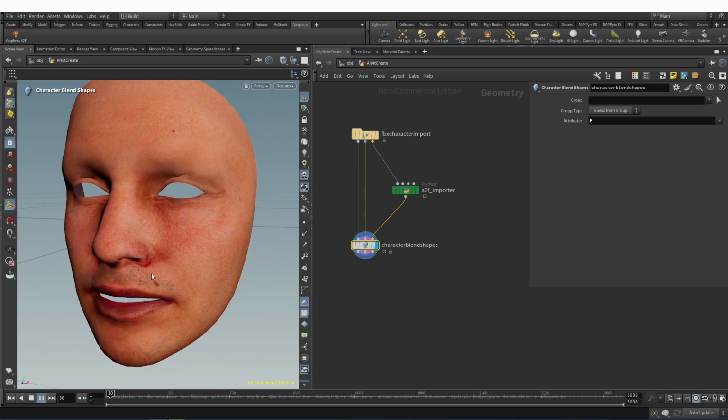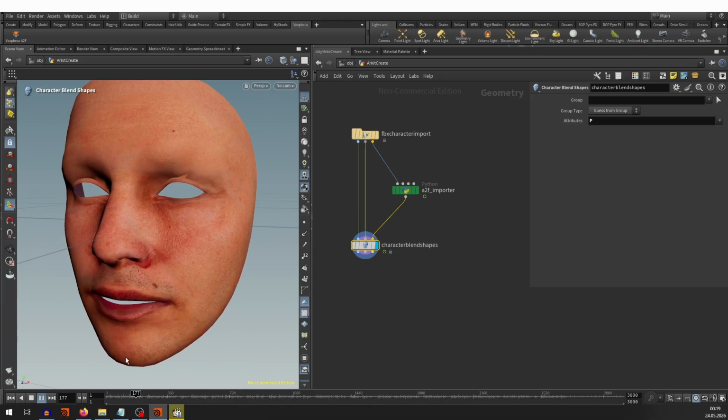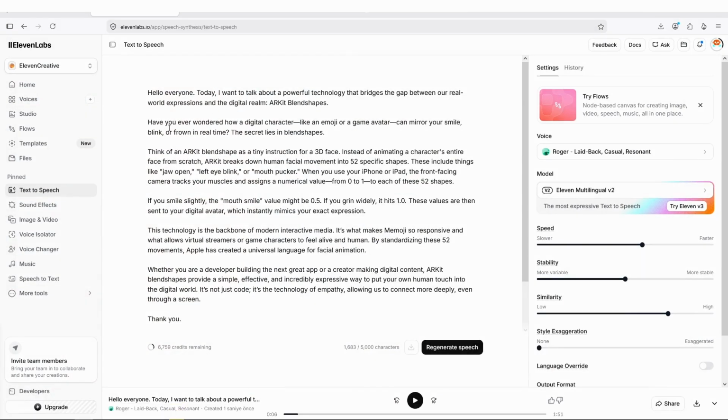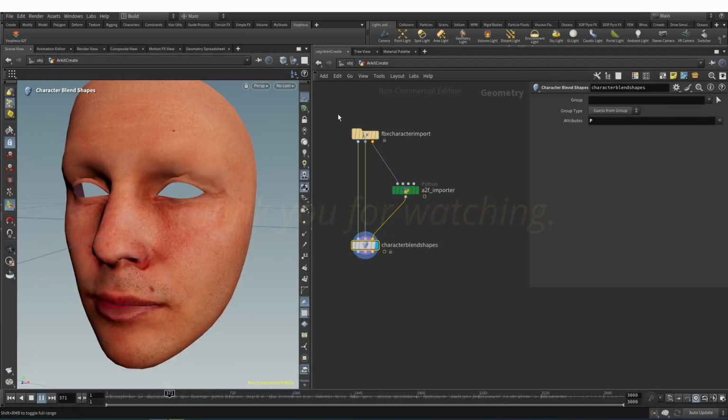Hello, everyone. Today, I wanted to talk about a powerful technology that bridges the gap between our real-world expressions and the digital realm. ARKit Blendshapes. Have you ever wondered how a digital character, like an emoji or a game avatar, can mirror your smile, blink, or frown in